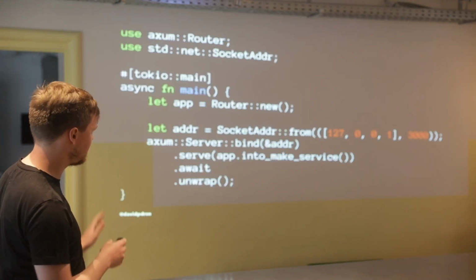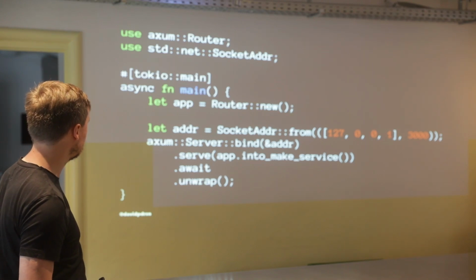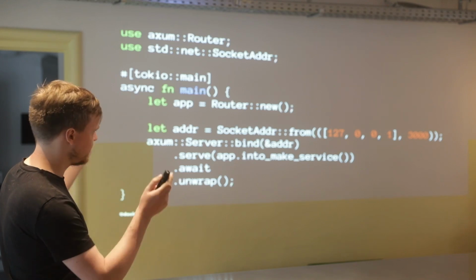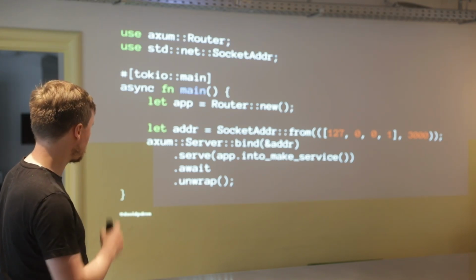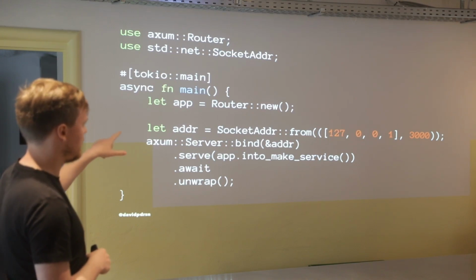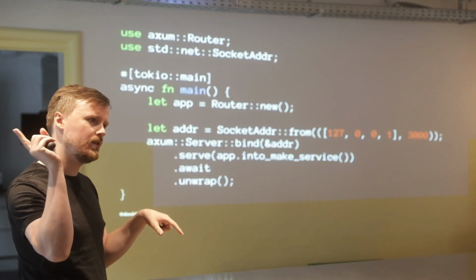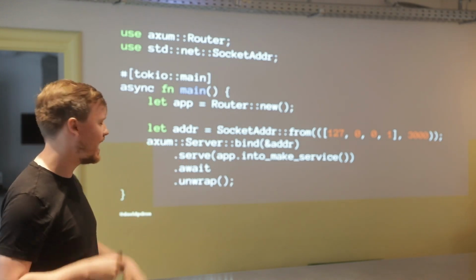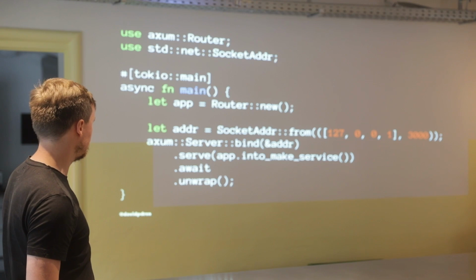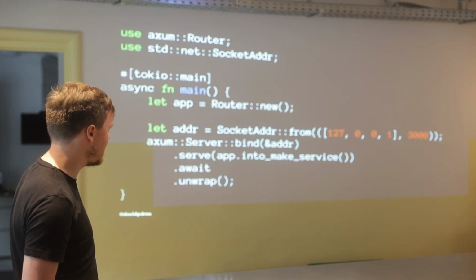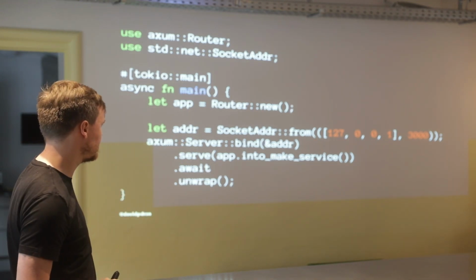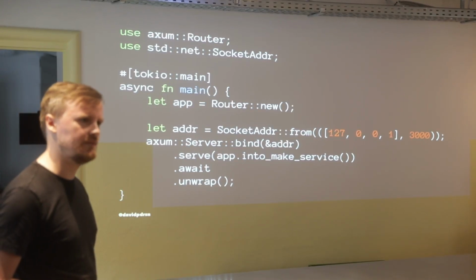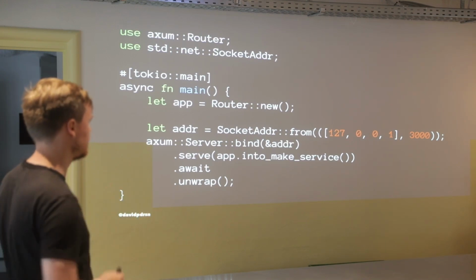First up, this is what the hello world looks like. Regular Tokio main, you make a router, some address and port, whatever you want to bind to, and call Axum server. That's actually just a re-export of Hyper's server, so Axum doesn't even need its own server built in. It's just any server that handles the Tower middleware. Those just work. Say app.yourrouter.into_make_service. Don't need to worry about what that means. That's a Hyper and Tower specific thing. Then you await, and now you're receiving requests. There's not a lot of boilerplate to get started.